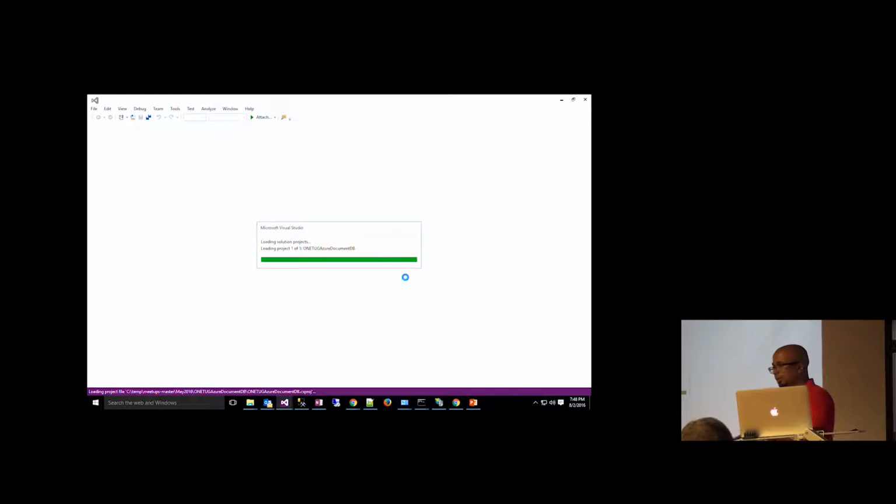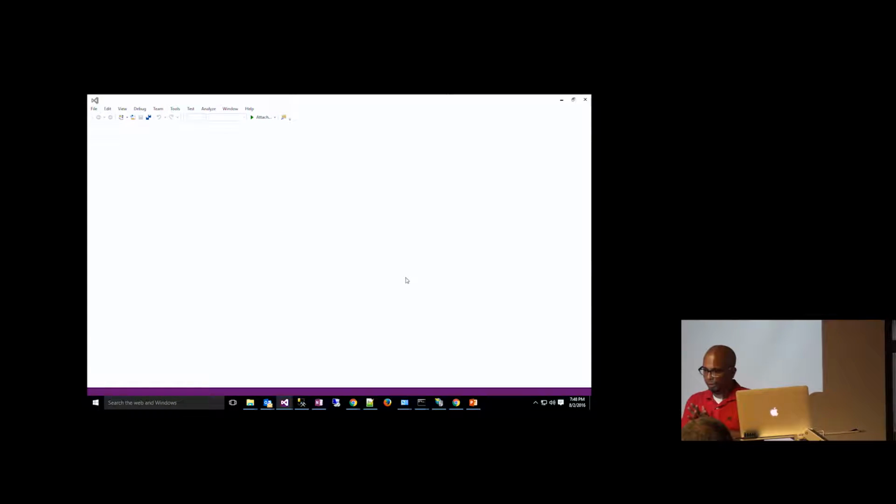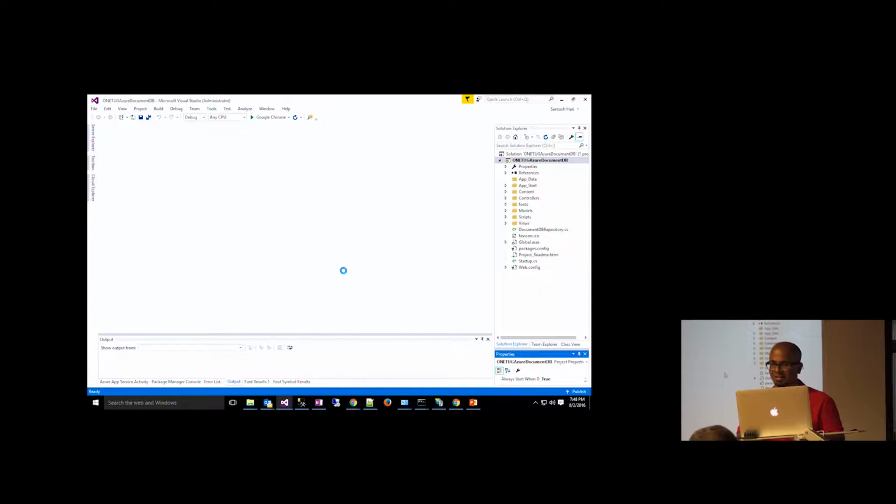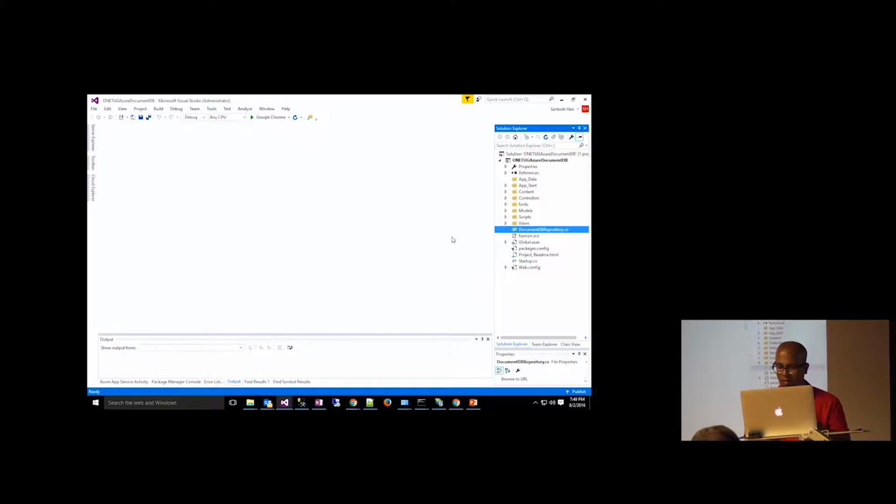So this is a simple ASP.NET MVC web application. What I'm trying to show is a simple CRUD type ASP.NET web application. So I'm going to quickly create an Azure DocumentDB database, store objects in it, and then we'll run queries on it. So simple CRUD operations. The things I need for that are, as I pull this up,